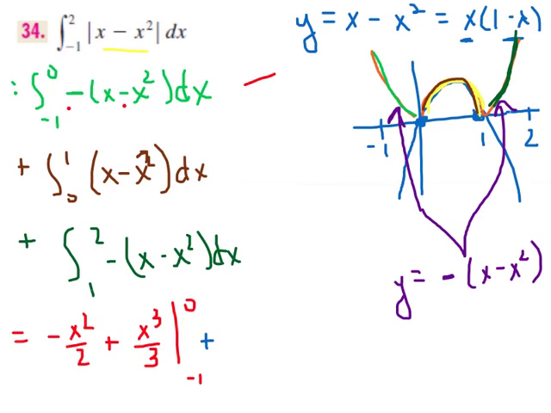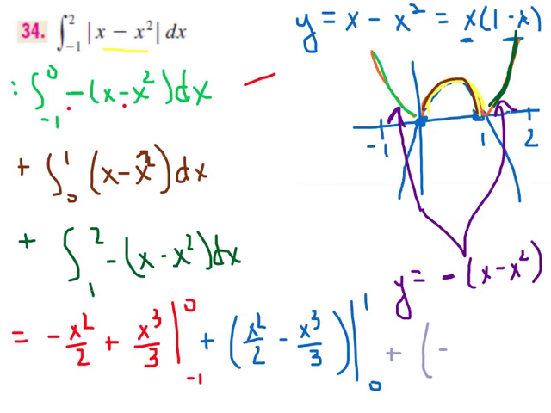Here I just need x squared over 2 minus x cubed over 3 from 0 to 1. And lastly, negative x squared over 2 plus, because again I have a minus a negative, x cubed over 3